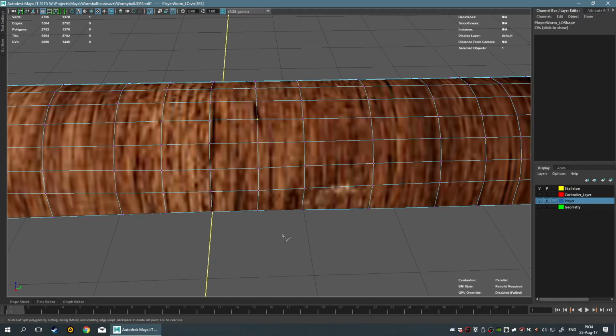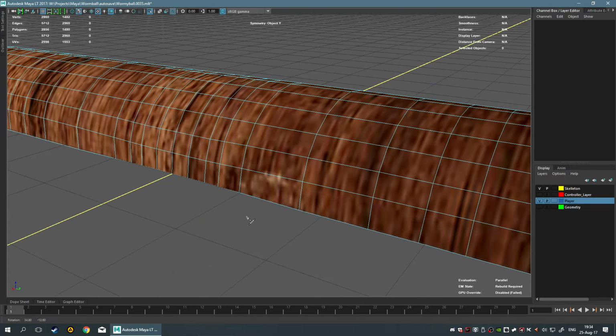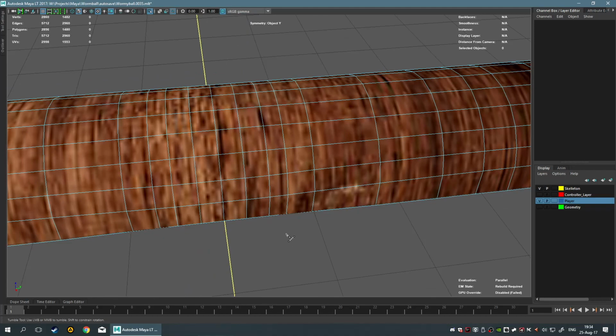I'm going to turn on the edge flow here. I'm going to exit this and go into symmetry mode. So we got both of these sides selected. And then I'm going to go back into my tool and just add a couple of edges. Notice that adding edges is not a big deal here. Okay, adding edges does not create an issue, but there is an issue when you start moving or transforming or